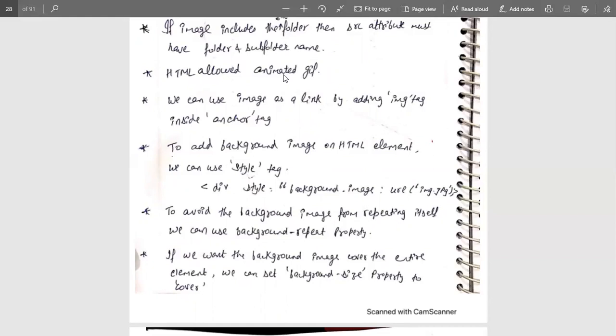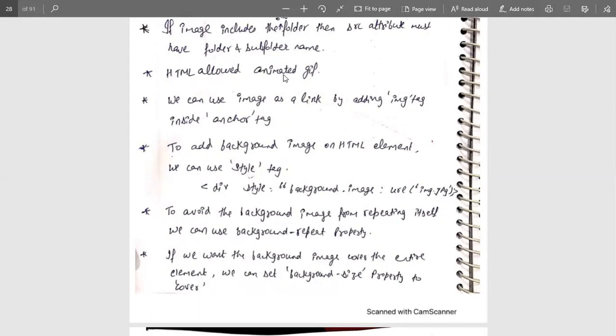So with the help of that linking, whenever we want to move, we can also insert an image in that scenario. So if I want to create an image as a hyperlink, then I have to create a link, and then the image will be created, and when the image has been mentioned, then the link tag will be closed. That means the anchor tag will be closed after that. So we can say an image as a link can be added whenever we are using an image tag within the anchor tag.